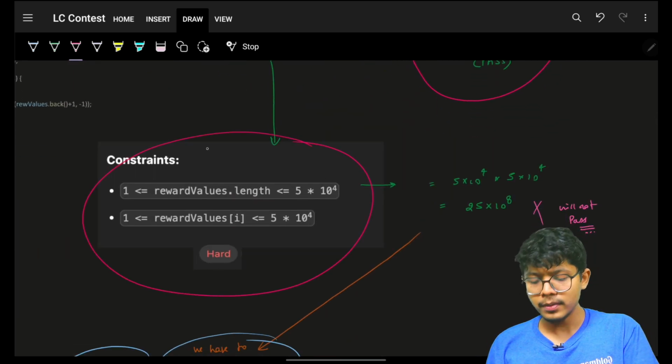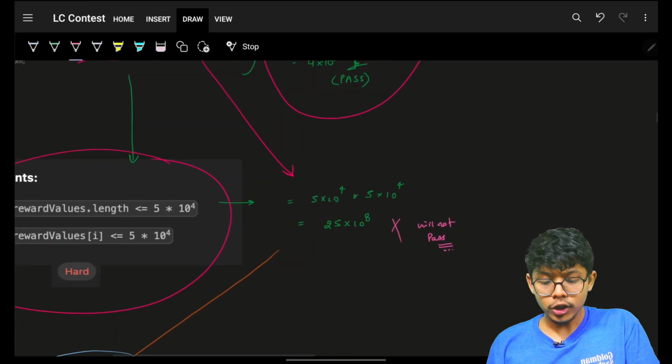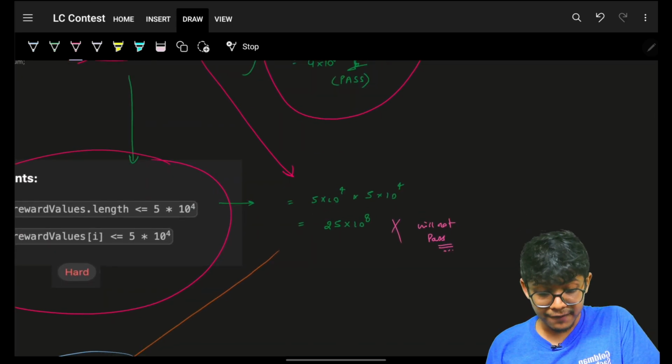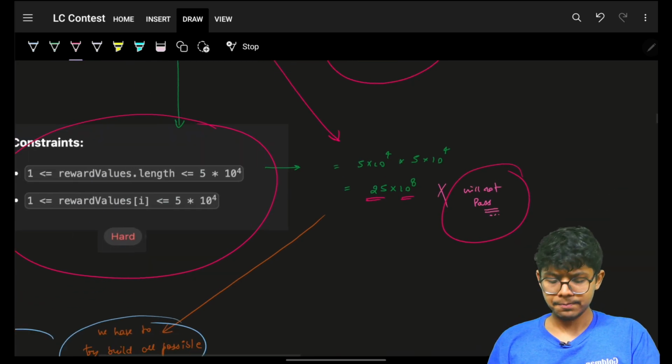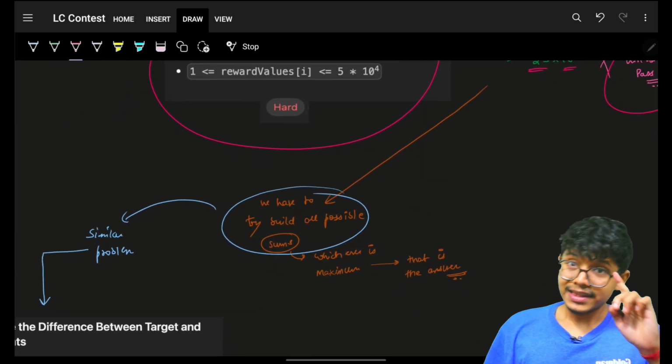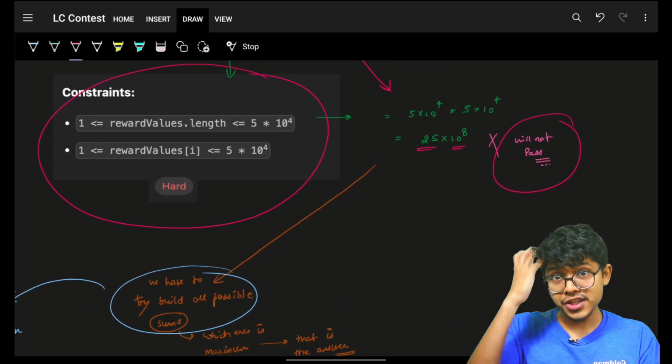In the hard problem, it will not pass, because if we see the exact same approach, it will touch my value of 25 into 1e8, which will TLE. Again, how can I solve it? That is very tricky, how you will solve it, but just focus on the functional part